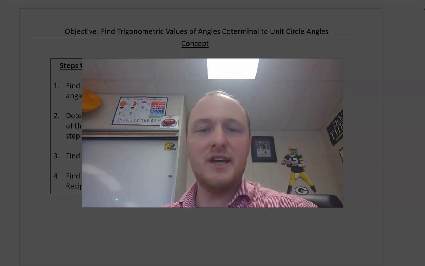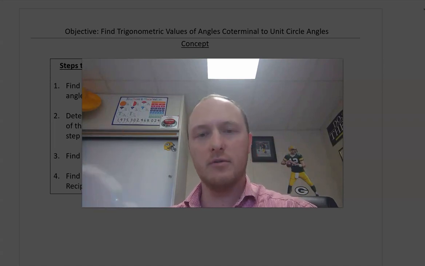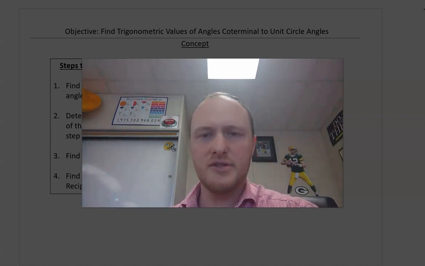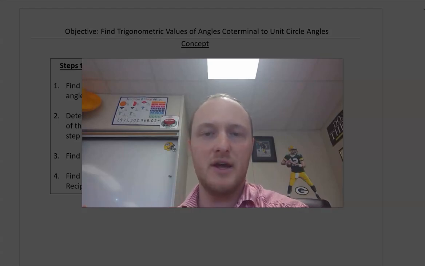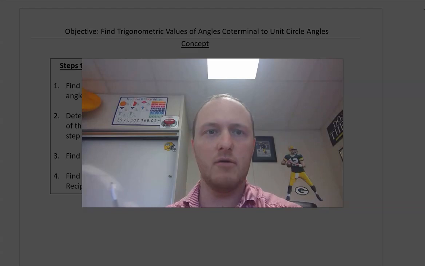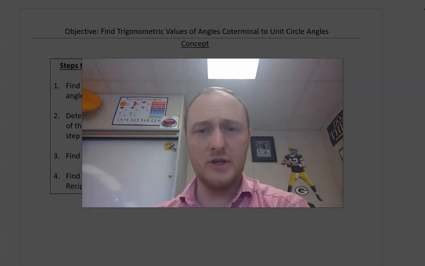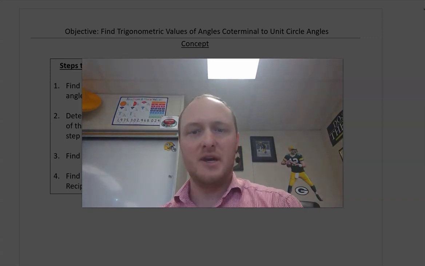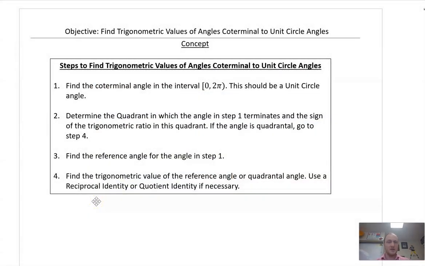What we're going to do today is calculate trigonometric values of coterminal angles with unit circle angles. So it's kind of combining that coterminal angles lesson, like how do I know where an angle ends in the first revolution, and then what's the trigonometric value of that. So it's multi-step, and speaking of multi-steps, here is the step process that we're going to